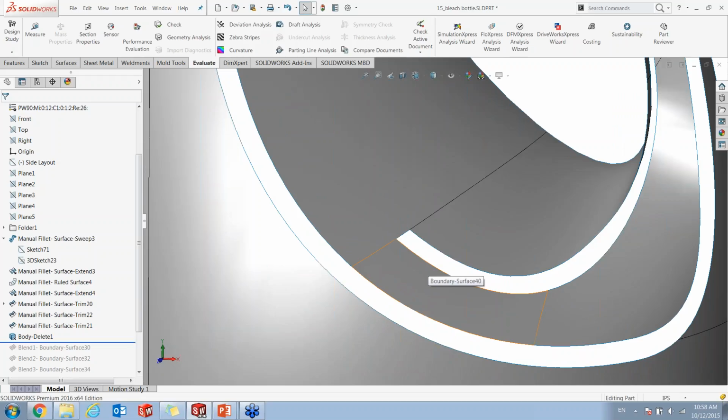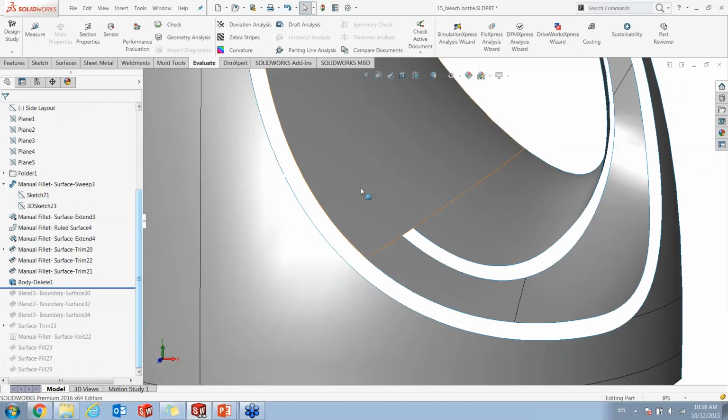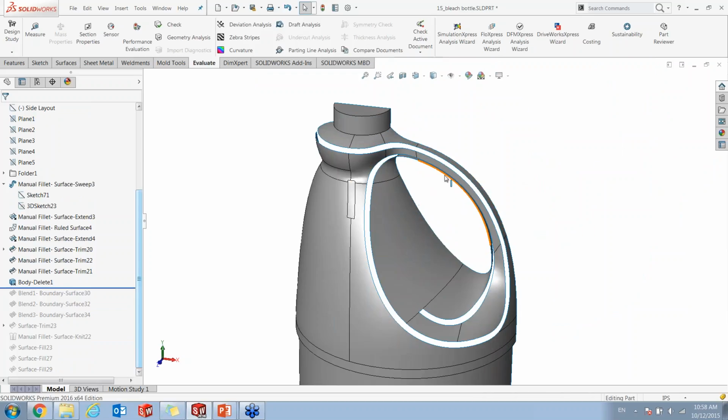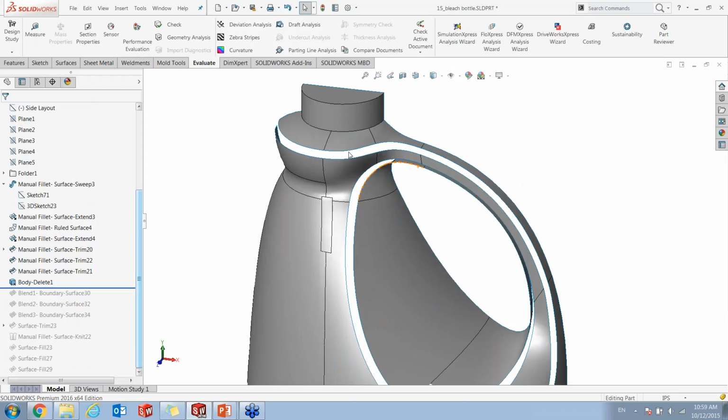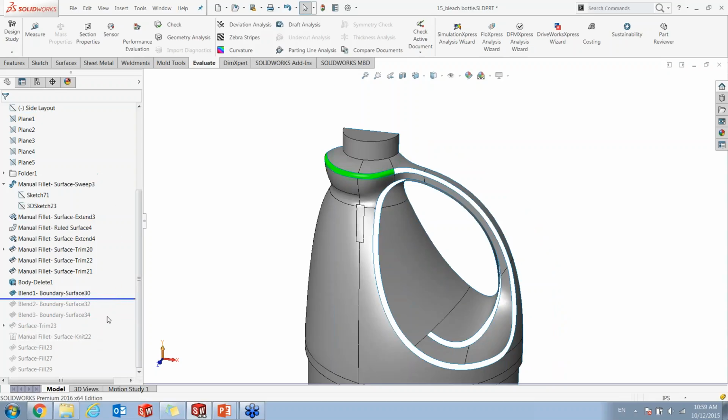So to close the area, we need to create multiple boundary surfaces to close it up. It cannot be created in one shot because we need to maintain the tangency. And you can see that the edges are one by one. So sometimes it does not allow you to create the boundary surface in one shot, and you can create multiple surfaces to fill in. So you can see we create one by one. Start with the green one, then we create the yellow one, another, this is orange,